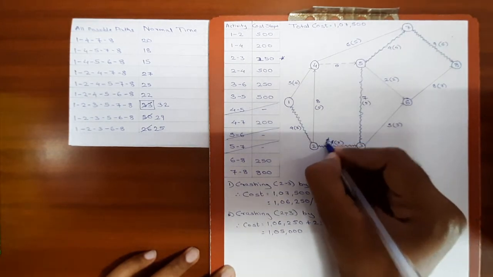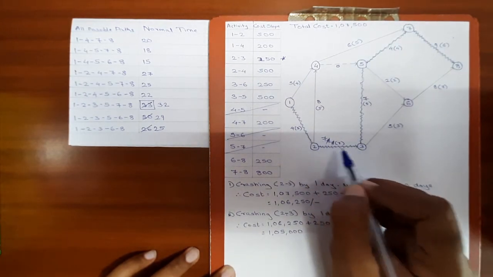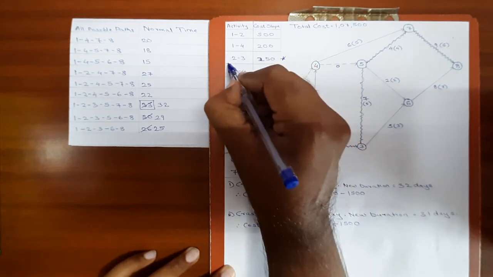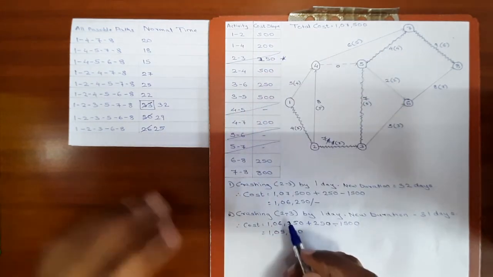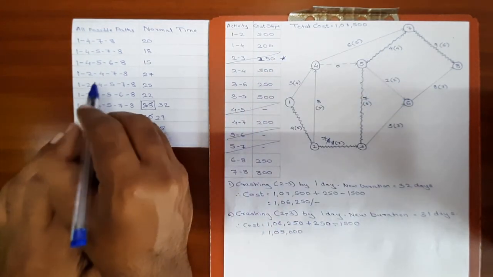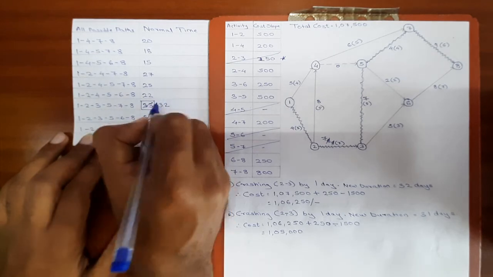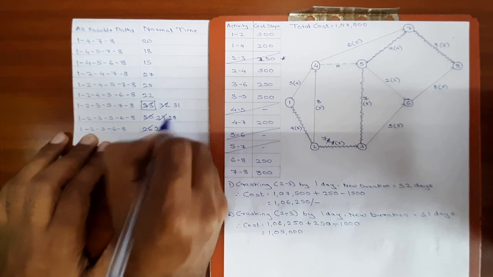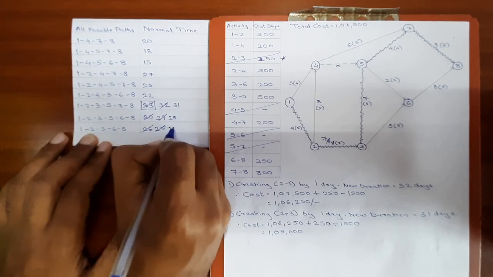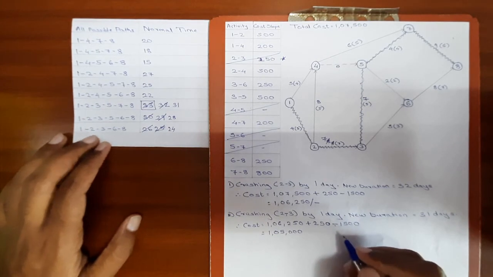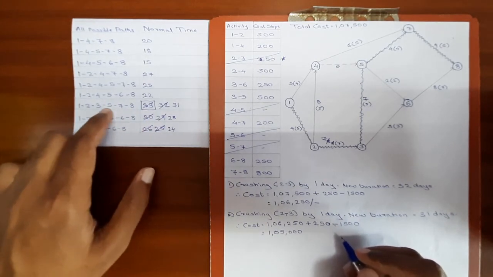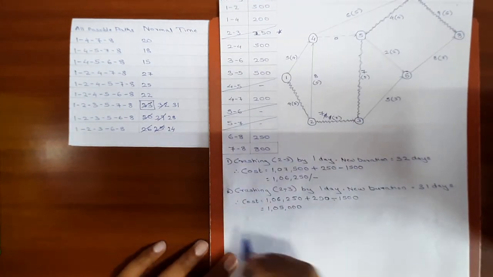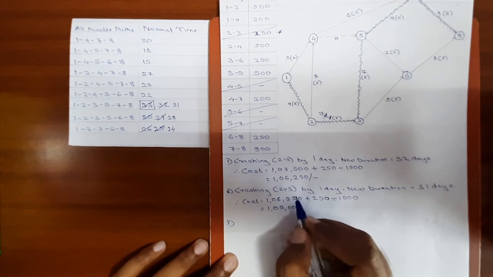Activity 2, 3 was crashed. Now the normal duration and crash duration is same. Activity 2, 3 cannot be crashed further, so it will be now out of the picture. Again, in this table, the activity 2, 3 comes in the critical path, duration will be 31. In this case, the duration will be 28. In this case, the duration will be 24. Still, the critical path is this path. We have only one critical path, even after crashing an activity twice. Now, activity 2, 3 is out of the picture.